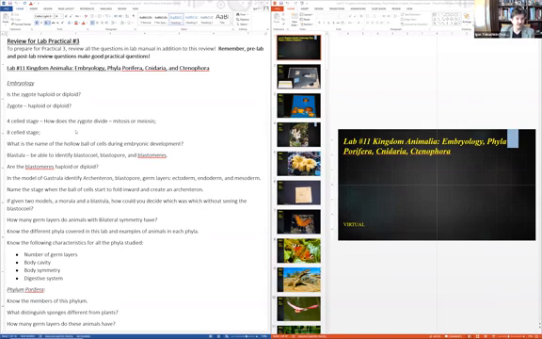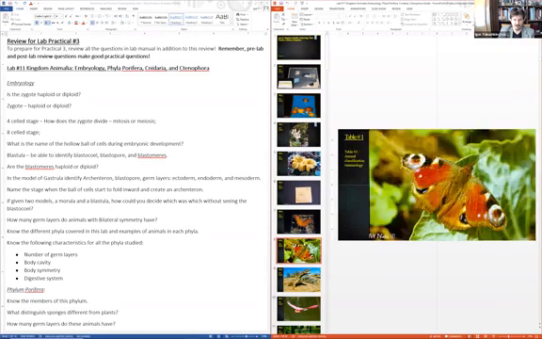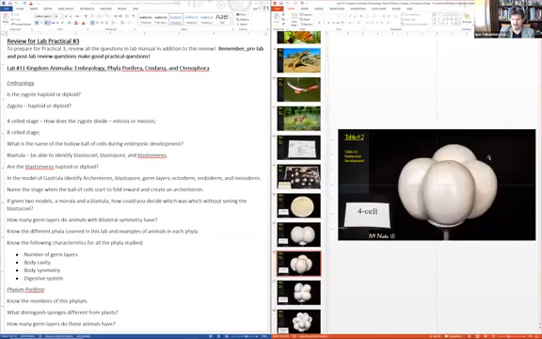Fourth cell stage, how does the zygote divide, by mitosis or meiosis? Let me look over the fourth stage cell. Meiosis, as you know, creates the haploid cells. Haploid cells are only egg or sperm. Is it egg or sperm? No. Therefore, it has to be